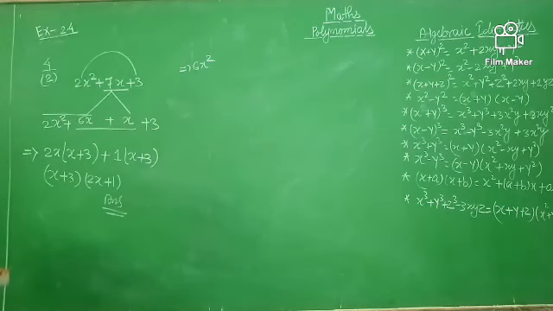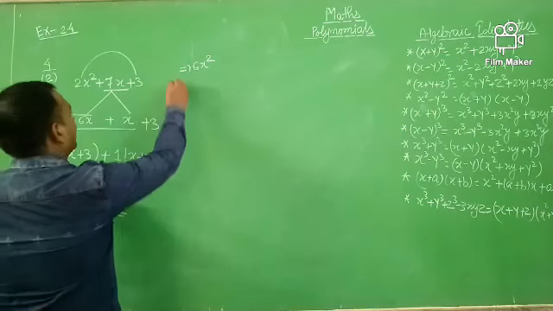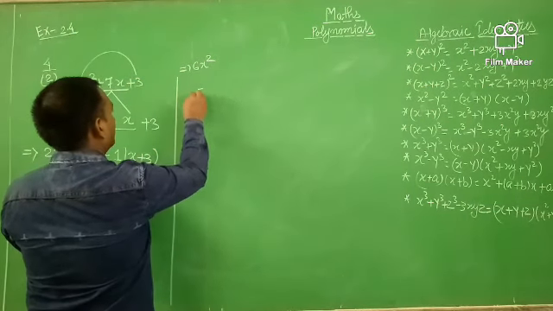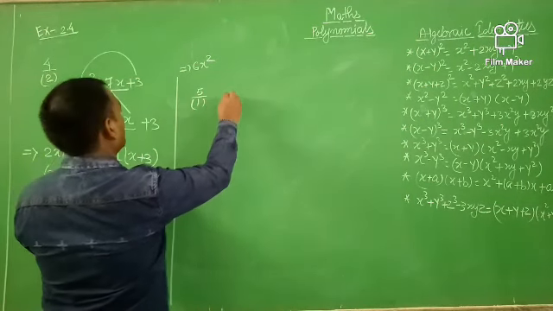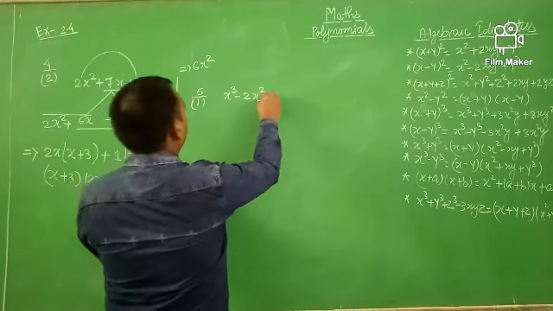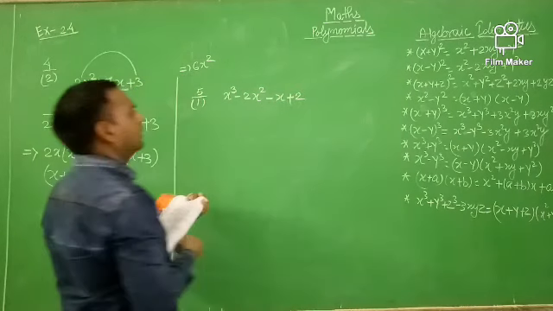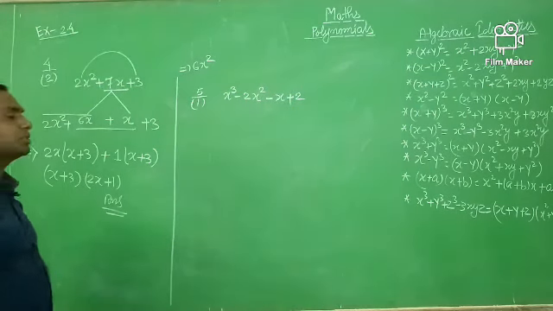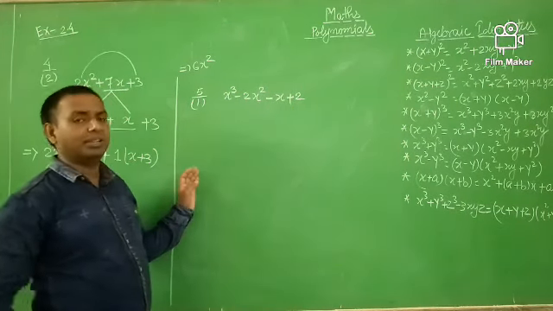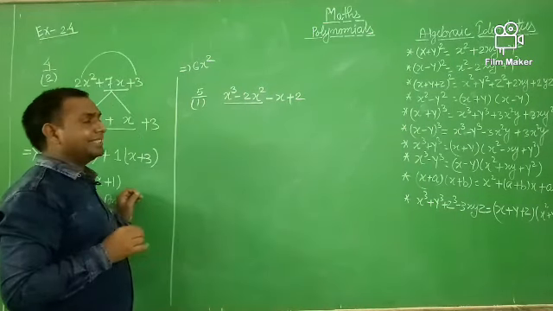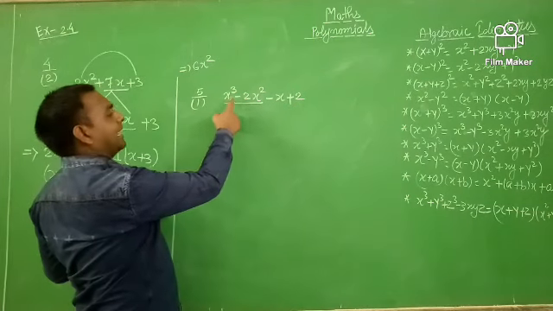Next, for the cubic polynomial, if you have a cubic polynomial, then how can you solve the factorization? I have one example of a cubic polynomial, the fifth of the first questions. Here a cubic polynomial is given, x cube minus 2x square minus x plus 2. How can you factorize this polynomial? Here you first see that something is common, so I take the common. In the first two terms, x square is common, so the remaining part is x minus 2,